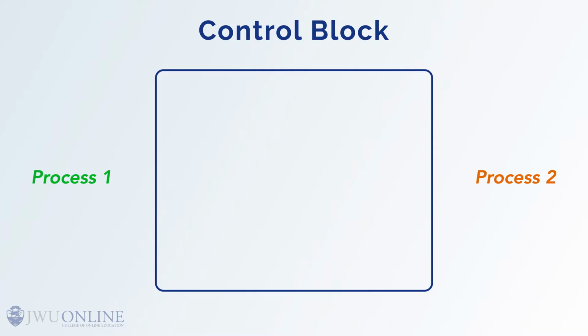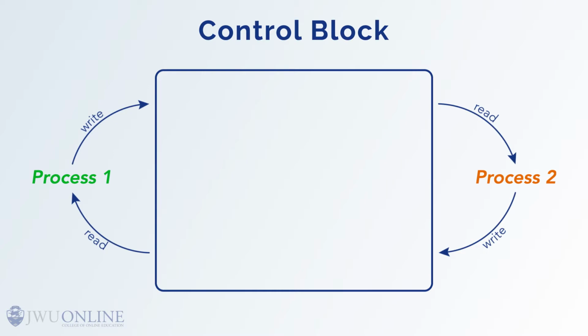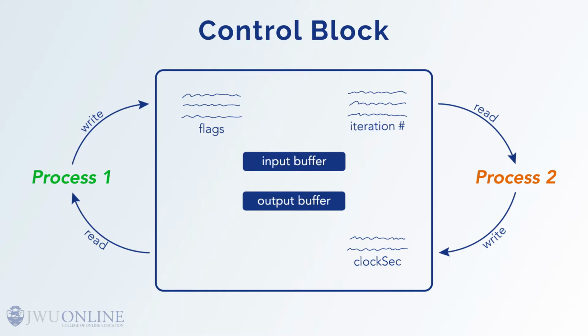Inside the control block, we allow one process to signal another process to take or not take an action through the use of what are known as flags. Flags are bits that are set to 0 or 1, indicating basically by their position which action or function is available. In the control block, we can maintain counters, clocks, input-output buffers, a state variable, or something called a semaphore or lock. These locks, while they're similar to flags, prevent code from entering what is known as the protected